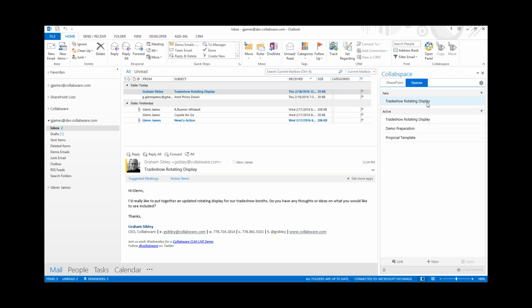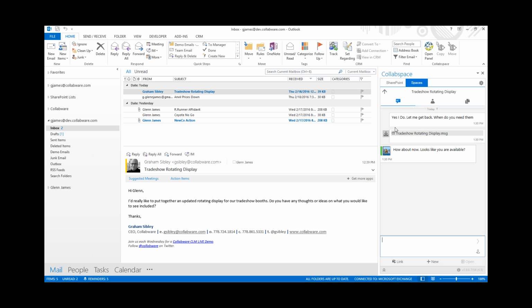So this chat is in context of that email. So I've responded back to Graham on that, and Graham's going to do some chatting. He's going to have some notification that there's some sort of message there, and he's going to just respond back, and we can see there. Now we've got a little visual clue that there's been an update, so we can just access that directly, and he's got some response. I'm going to have some additional information I want to add in, so I'm maybe going to drop in a file there. Here's a sample